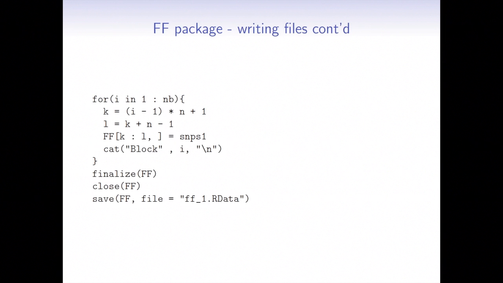And the FF package works on matrices. So actually in R, once you specify your FF object, R is treating it as a matrix. So once I want to put the data in that object, I just have to specify which rows and which columns I am filling in. So that's even easier than in the previous package. And then at the end I have to finalize my object, close it, and it is very useful to save it in the R data object. And that only takes a few kilobytes, but it is very useful.